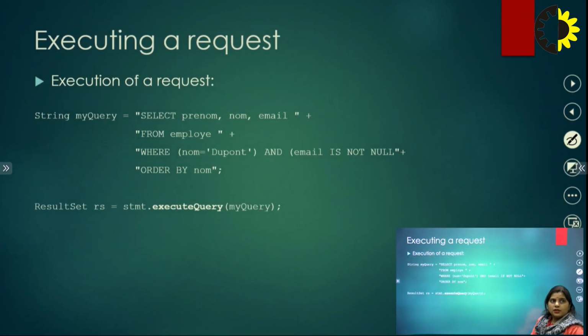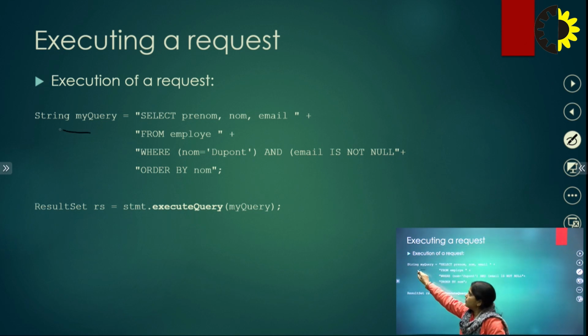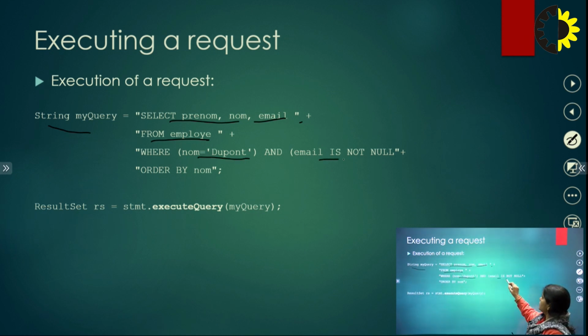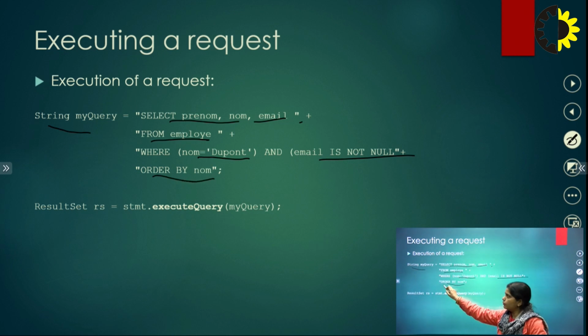Now to execute the request, first of all, what we have written is the string myQuery: select prenom, nom, email from the employee table where nom is equal to DuPont and email is not null, ordered by nom. So this is a simple SQL query, which is going to be executed here, and inside the result set,